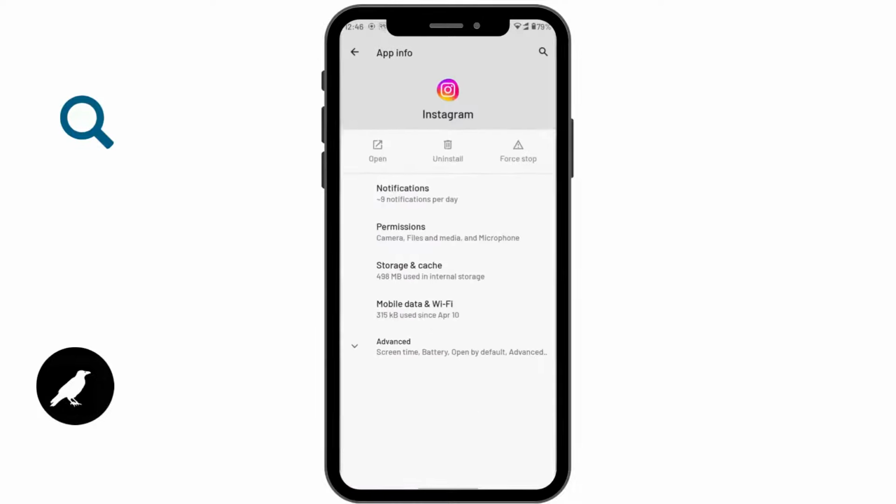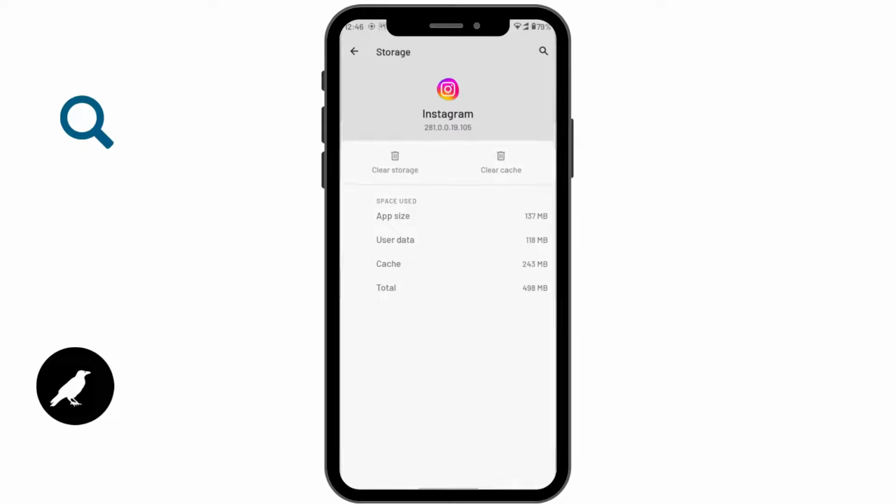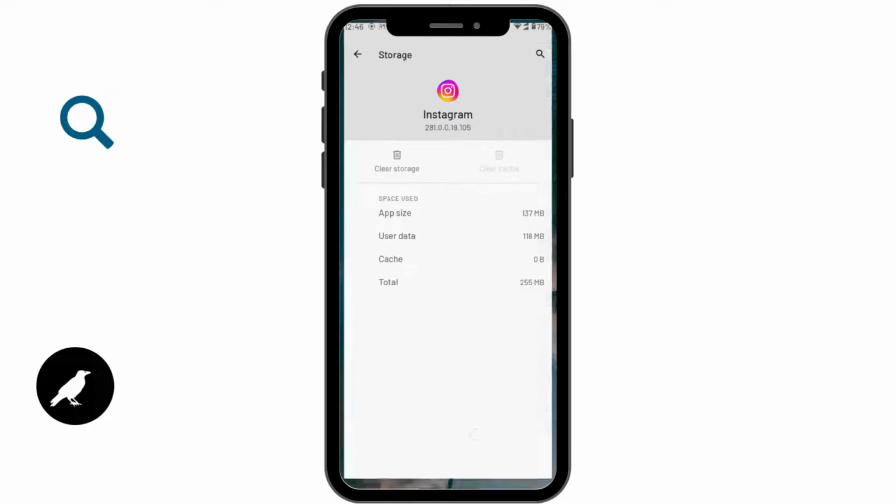And here you have Instagram. Tap on that, and then here you will have a bunch of options. Tap on storage and cache, and here tap on clear cache and clear all your cache from Instagram. So this might fix your issue, but if this still doesn't fix your issue, then what you have to do